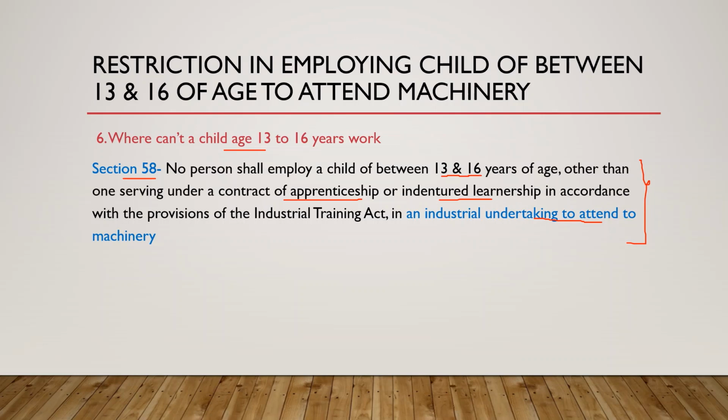Now remember that we're going to be discussing contracts of apprenticeship and indentured learnership, so that you understand what these big words mean. But the takeout point is that you can't employ a child between the age of 13 to 16 years to attend to your machines in a factory or manufacturing, and they're the ones operating these machines. That is contrary to section 58 of the Employment Act. But as you can see, other than one serving under contract of apprenticeship, if that child is there for purposes of learning how that machine works, then that will be fine as far as section 58 of the Employment Act